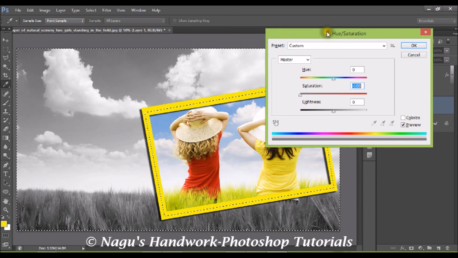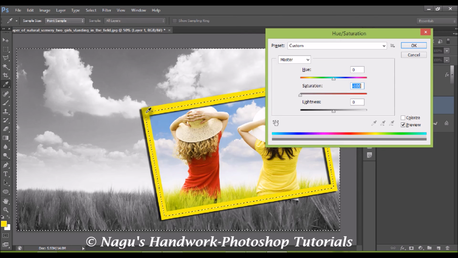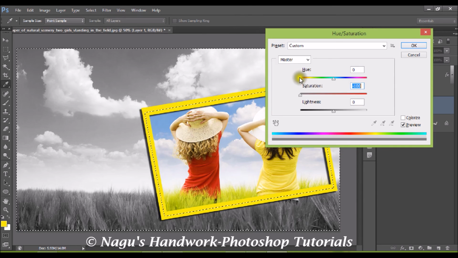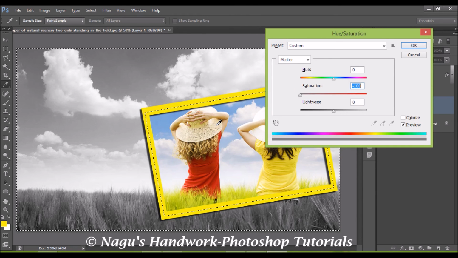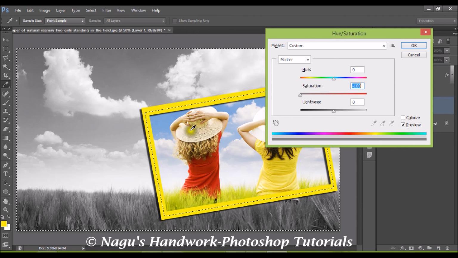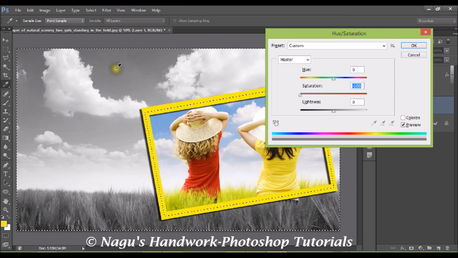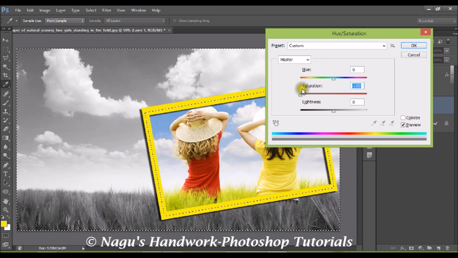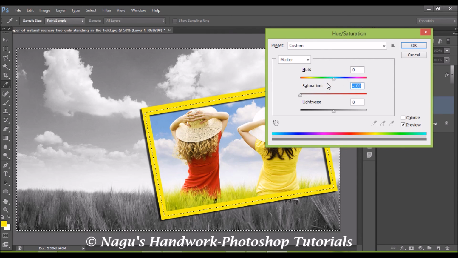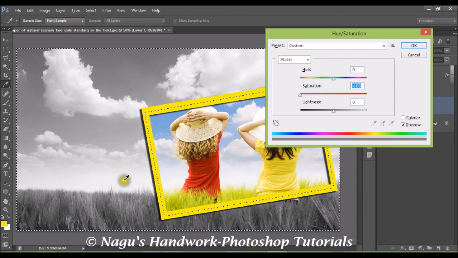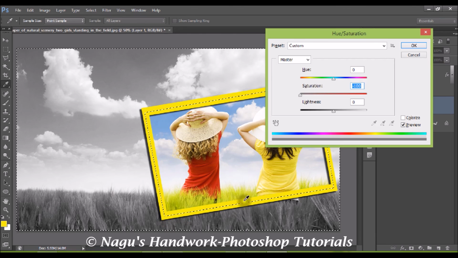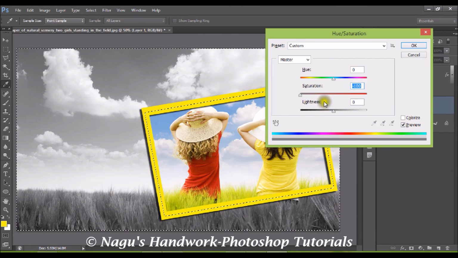That is the area except the frame. We have selected the 4 corners of the frame and we have selected inverse. So my inverse area is also being selected, and now whatever I do here, either increase or decrease my hue or saturation option, the effect will be applied only to the outer area, that is the area other than my frame. So once I drop down my saturation level, click on OK